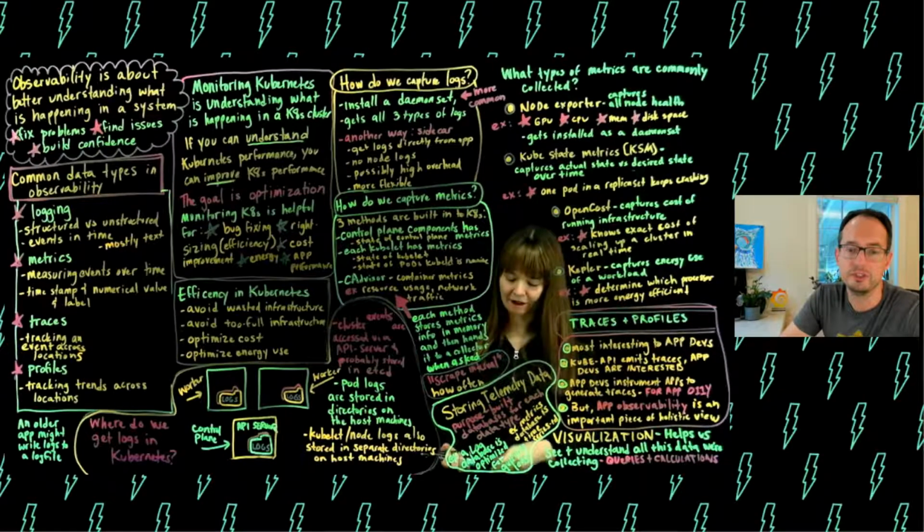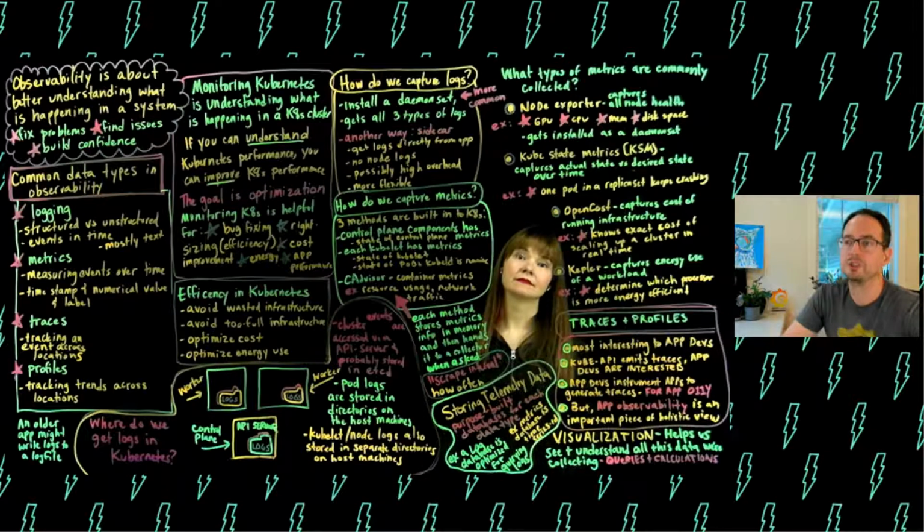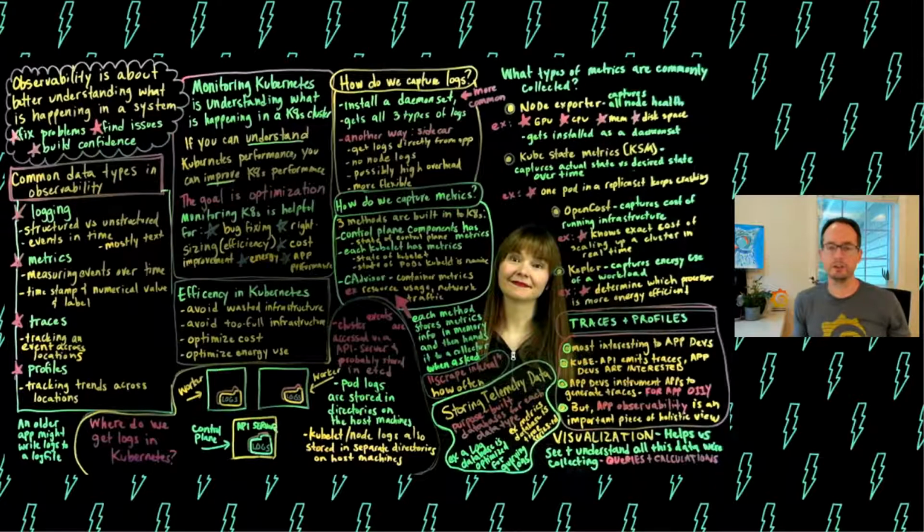OpenTelemetry is obviously very important in the observability space. A lot of these things are very much applicable and the same within OpenTelemetry. OpenTelemetry as an ecosystem for generating and capturing this information is hugely important, especially on the traces side of things. But it is also important on all of the logs and metrics. And I think I mentioned also that OpenTelemetry is picking up profiles as a built-in signal as well. So OpenTelemetry is also very much relevant for all of these things.